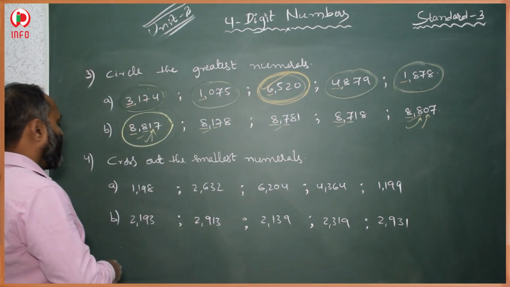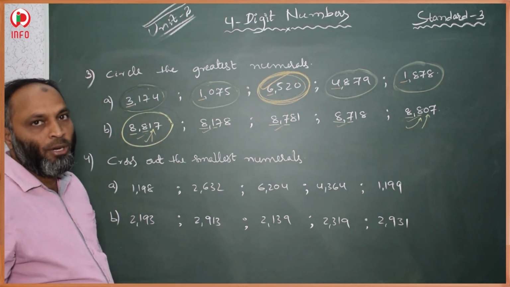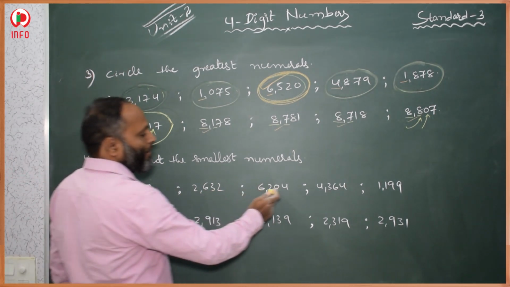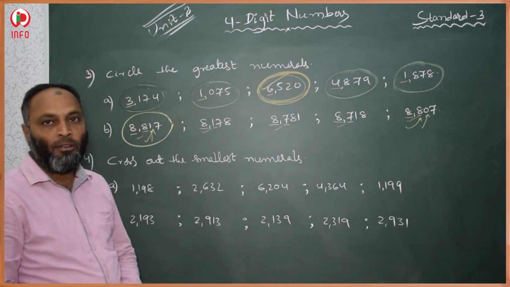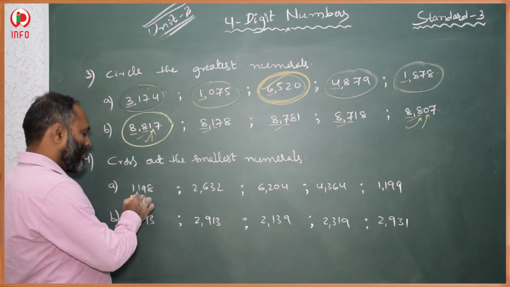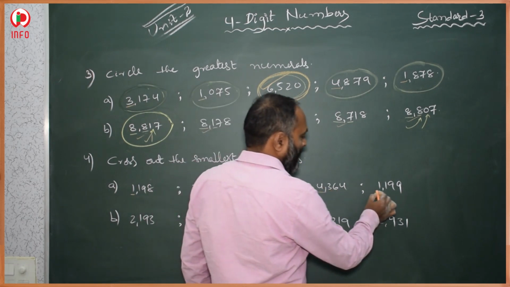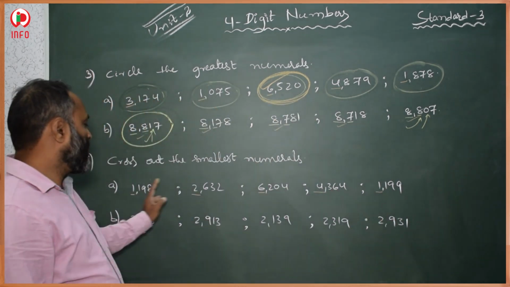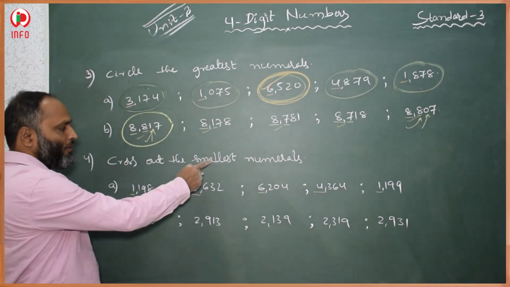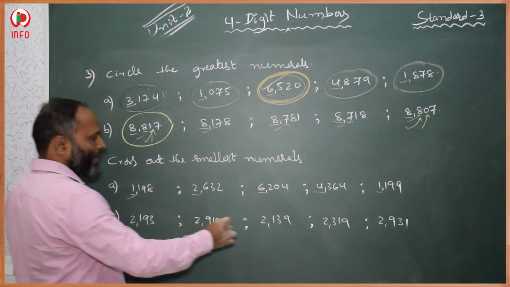Then what is the procedure, what is the method to follow to check which one is the smallest one? Here again five numerals are given. In these five numerals, first we have to check the thousands place values. In thousands place, the values are 1, 2, 6, 4, 1. 1 is the least one. We want only the smallest. So how many such numbers are there? Two numbers, 1 is here and 1 is here.